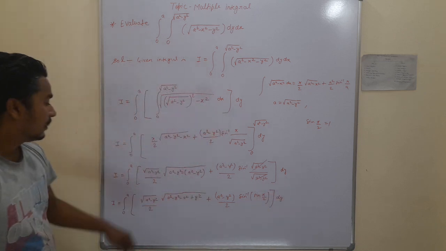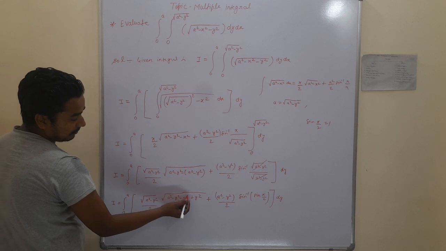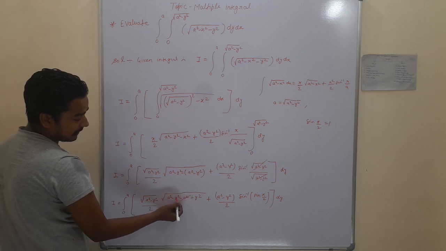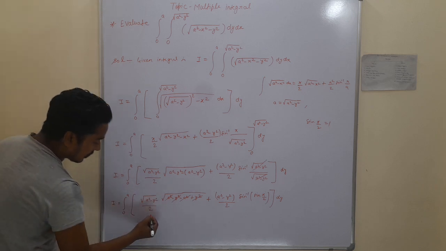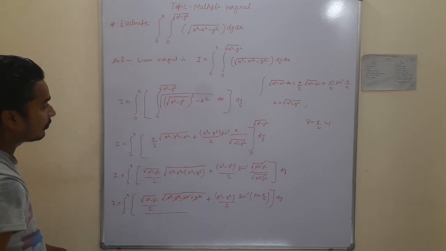From here minus a squared plus a squared cancels out, minus a squared and plus y squared cancels out, then this portion becomes 0, and further we solve